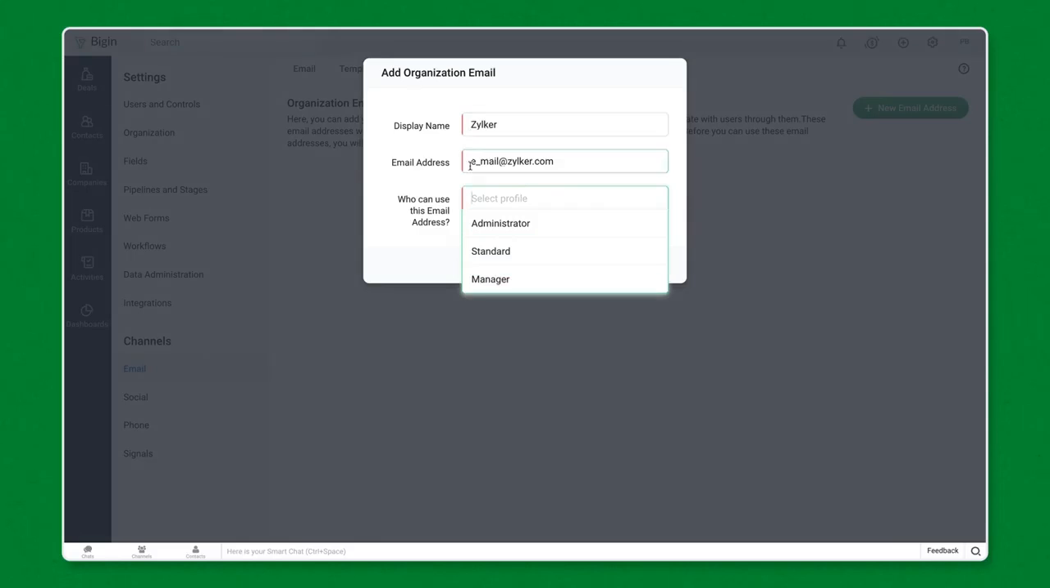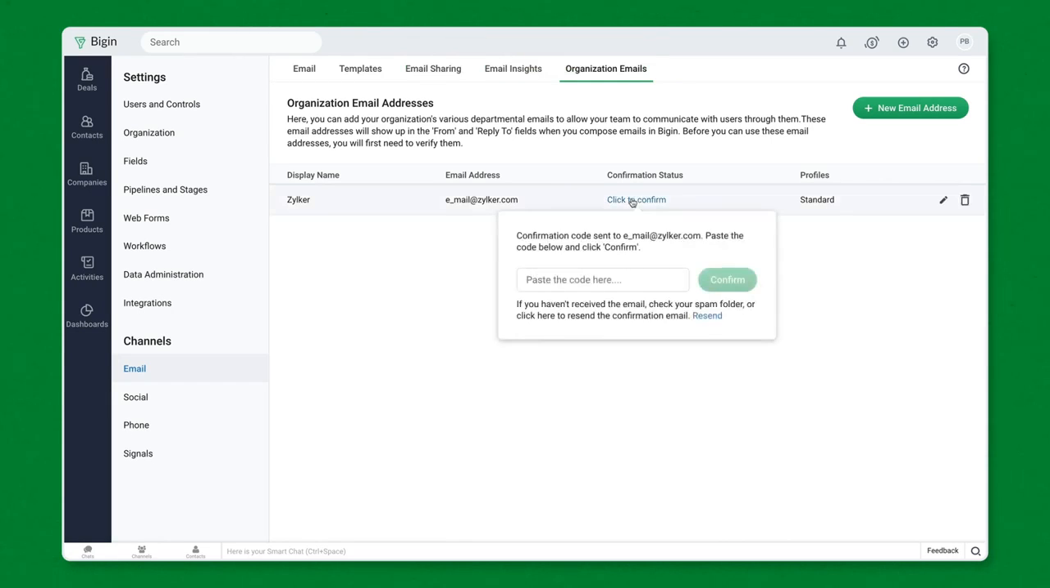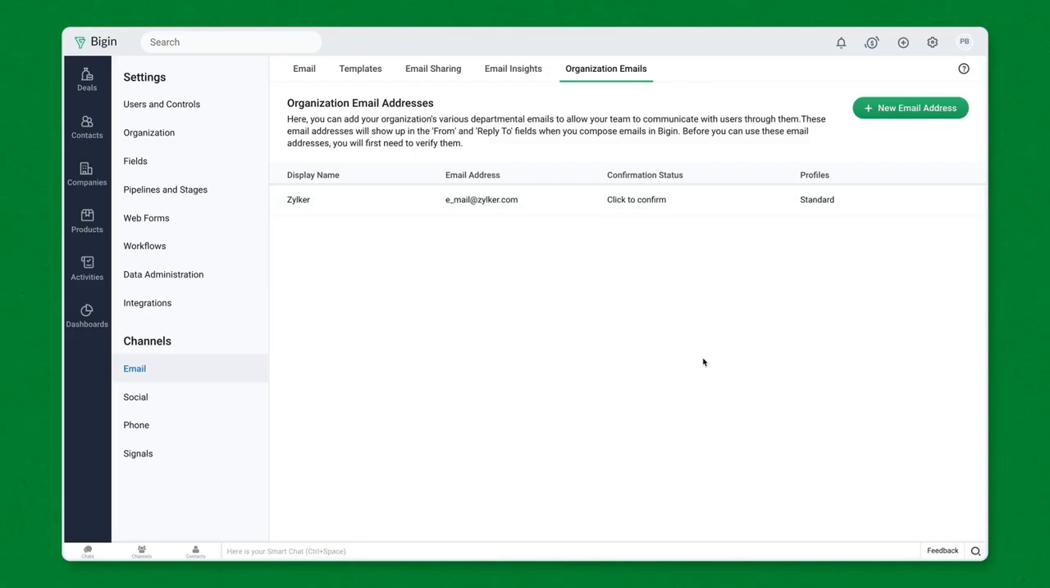Specify who can use this address from the drop-down list. Click Create. The email address is added, but you need to confirm it before using it. Click the option here to receive an OTP in the email and confirm. Once you have added your organization's email address, you can start using them in the From and Reply To fields